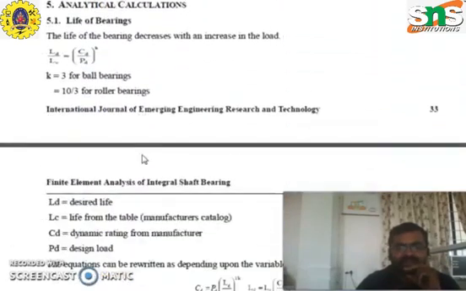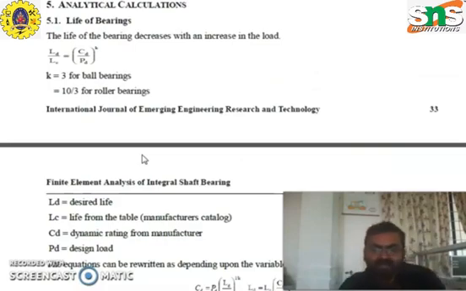We have to make the analytical calculations by using the normal theoretical formulas. These are the analytical calculations made by using the